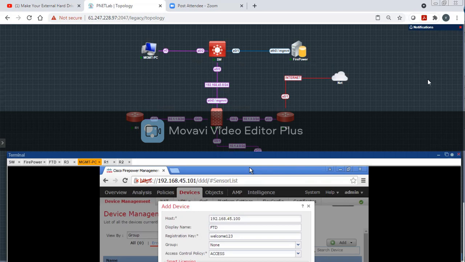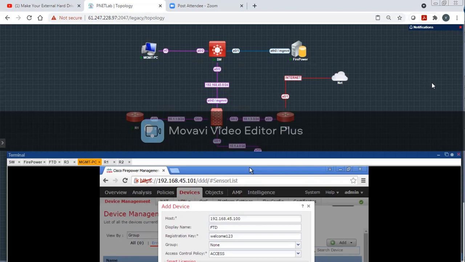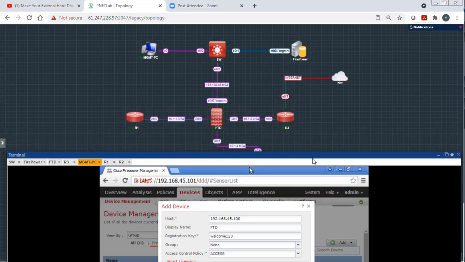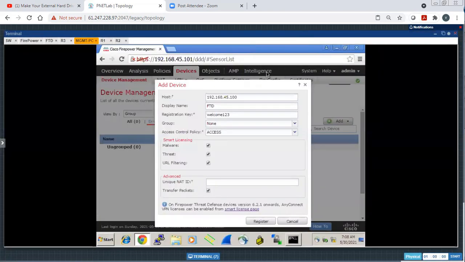So in that case, you do not need to have another FMC deployed there. You can just have an FTD, and you can integrate that FTD, which is across the cloud, to this very same FMC, which is sitting here. In that type of scenario, we need to have a NAT ID mentioned. So we will utilize this tab when we do such kind of integrations. For now, we do not need it. Go for register.